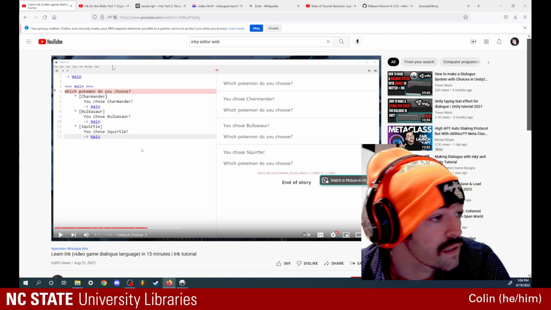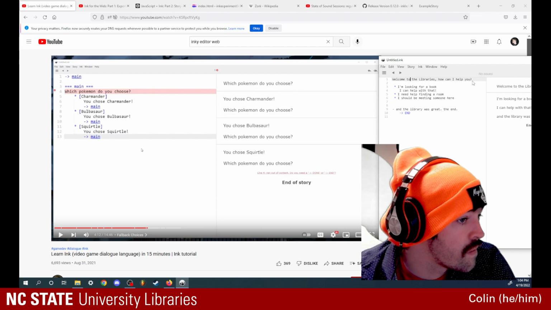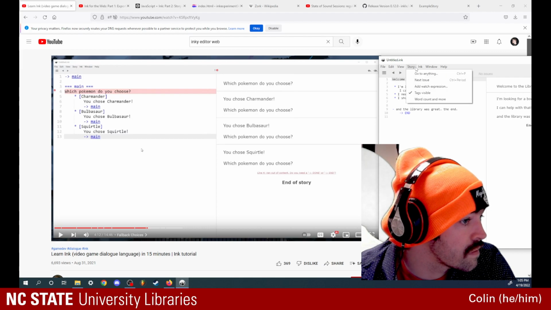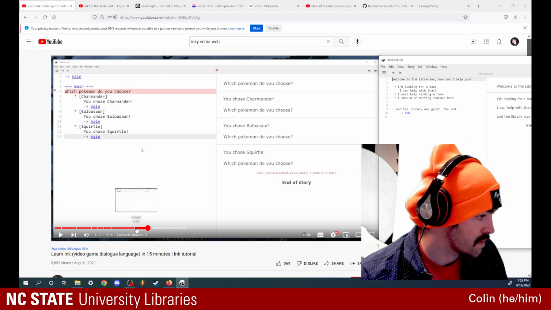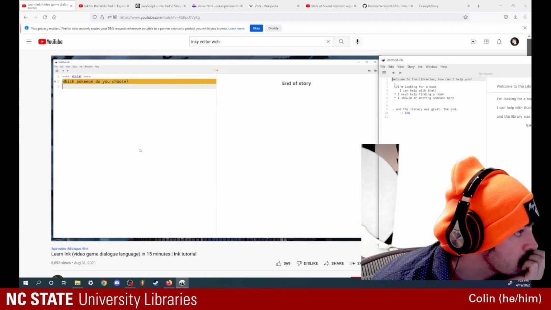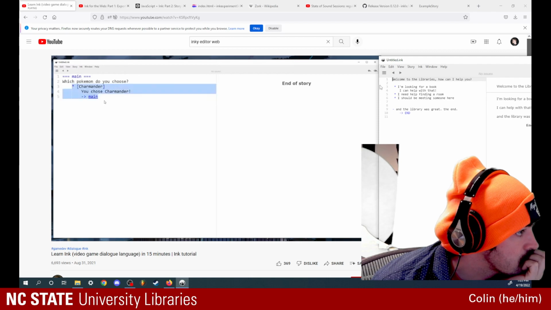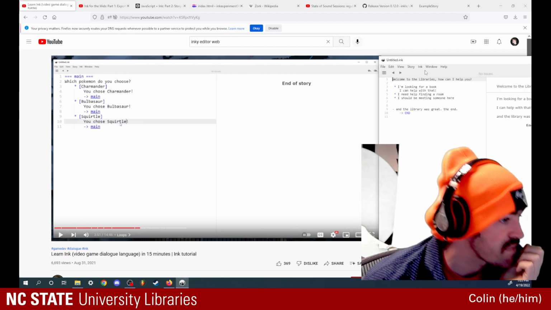Okay. Let's take a look at what exactly he has there. So, I don't know how he made that main. I'm going to create a knot called main with a question and 3 choices. Each choice is going to print out some text and then have a divert, which directs the story back to the main knot. By diverting back to the main knot, it'll send the dialogue back. Oh, he's flying. Okay, so